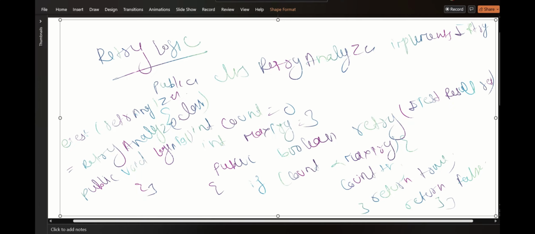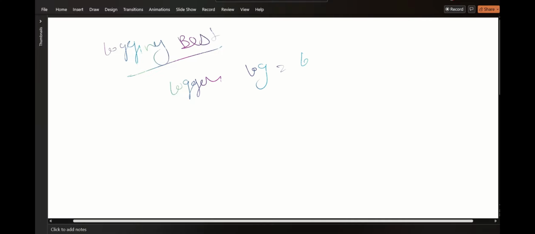So come to the next, which is the logging best practices. Logs help debug flaky tests quickly using a logging framework like log4j. So log4j is nothing, just create a logger class: public class LoginTest, and Logger log equal to, there is one function we need to create the logger object, log equal to LogManager